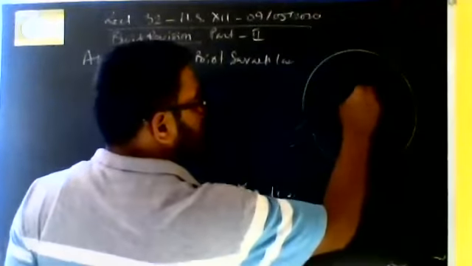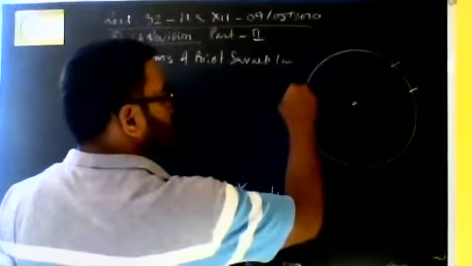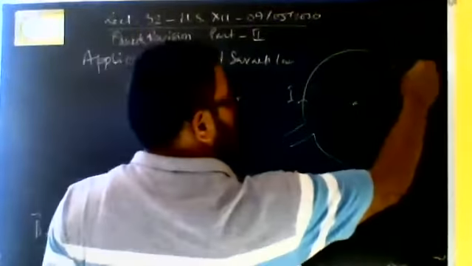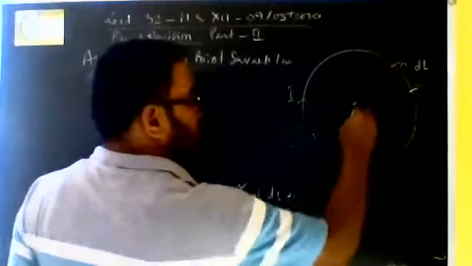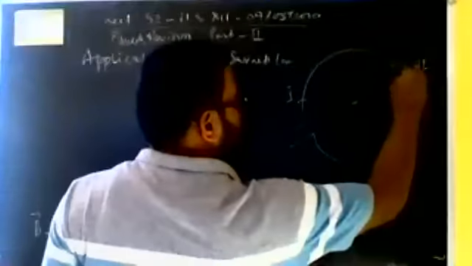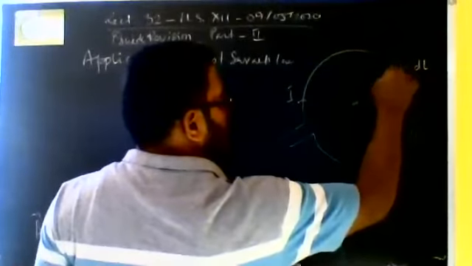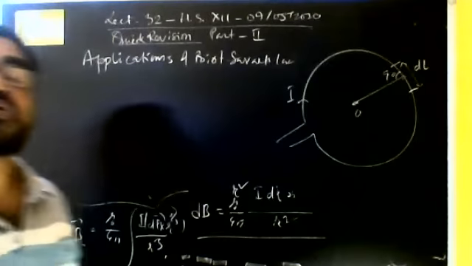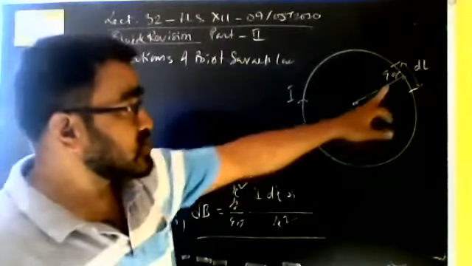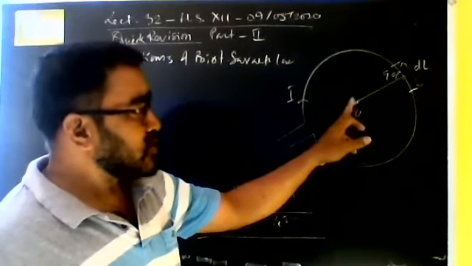If we remember one application, then we can find others also. So current is going, dl, right? The O at the center makes an angle of 90 degrees. This is O. If you are asked to find the magnetic field at the center